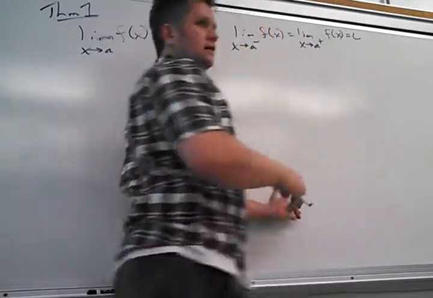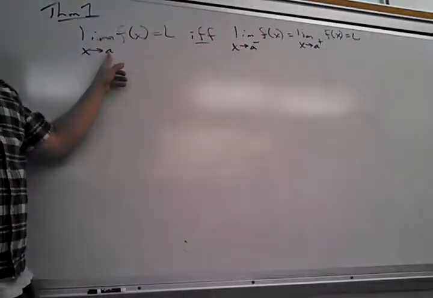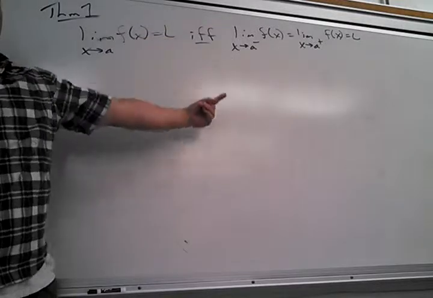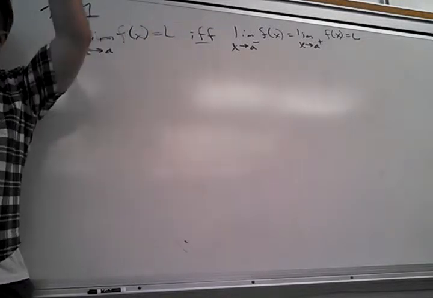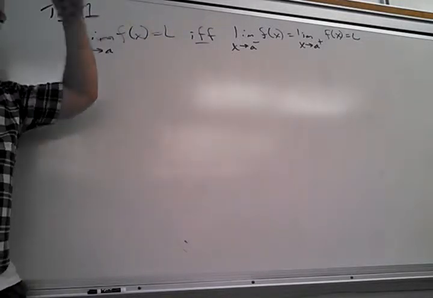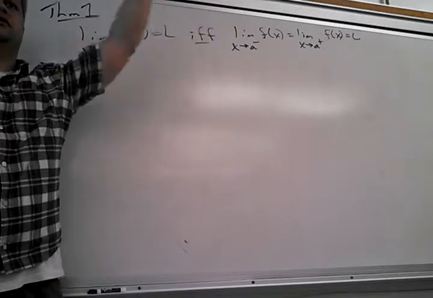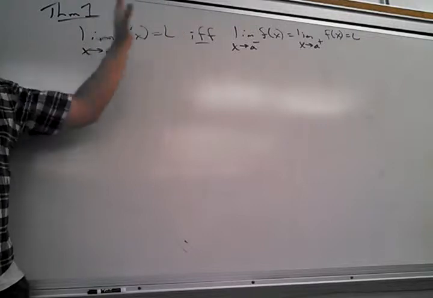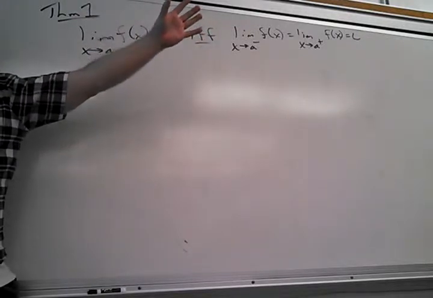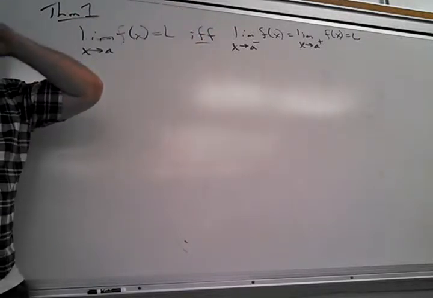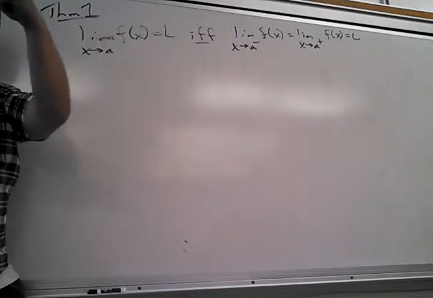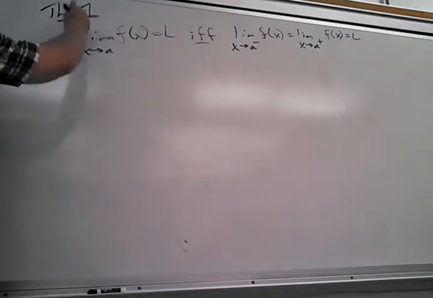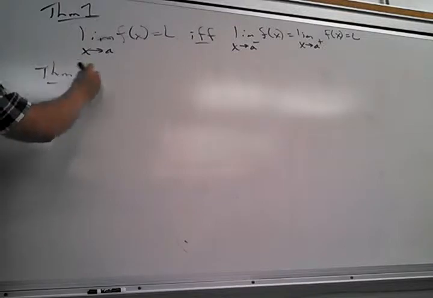That's what I keep saying today, right? The limit can only exist at a point if and only if the limit exists and agrees from both directions. So it's L if and only if it's L from both sides. That says nothing about what f of a is. There's no mention of f of a up there. There's nothing to do with it. The limit doesn't care what happens there, it just gets really close. That's theorem 1. Theorem 2.